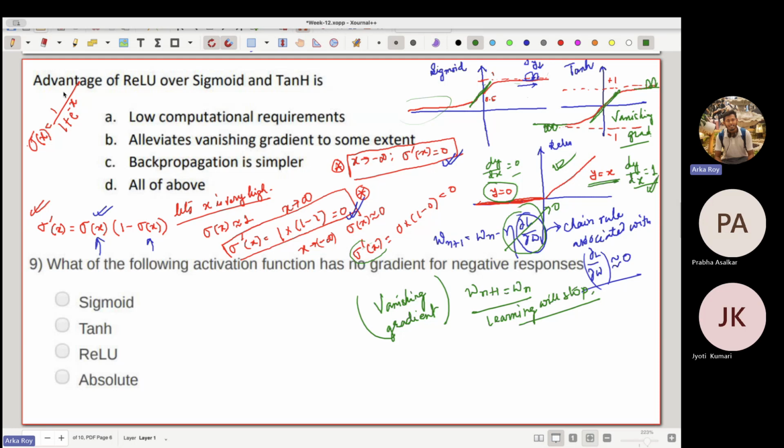Now, based on this discussion, we'll solve both of these questions. The first question states the advantages of ReLU over sigmoid and tanh. The advantage of ReLU over sigmoid and tanh is low computational requirements, because you can see that dy by dx is very simple to calculate in the case of ReLU. But if you see the derivative expression for sigmoid, the form is not that simple,